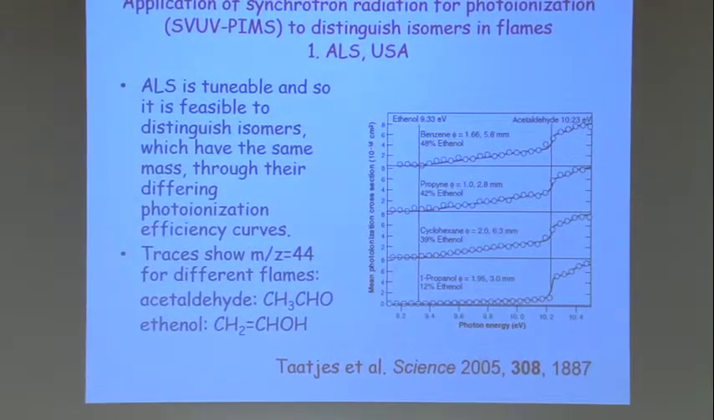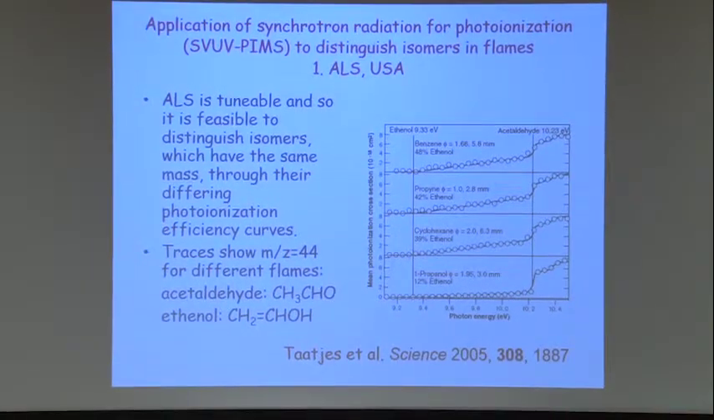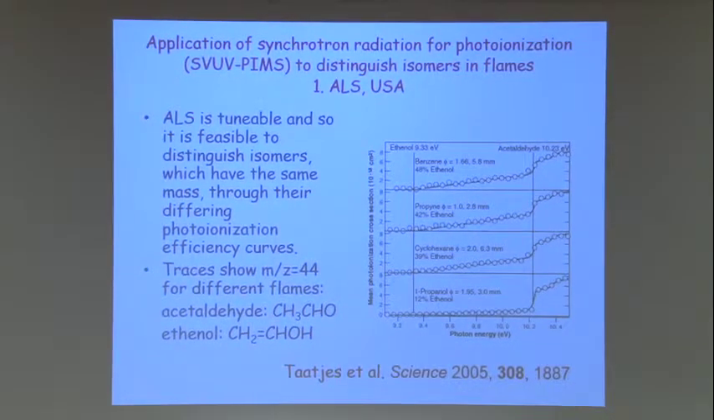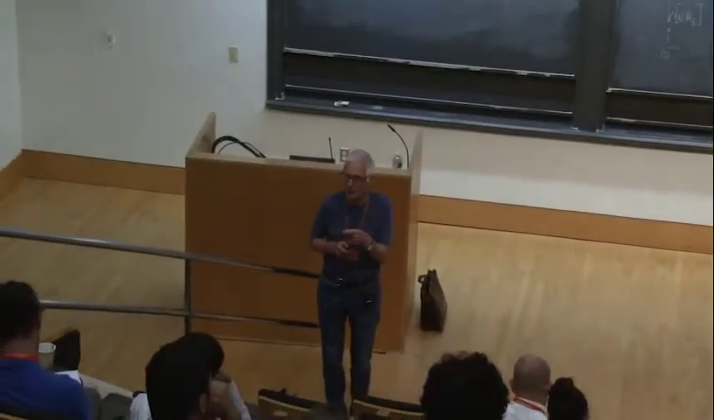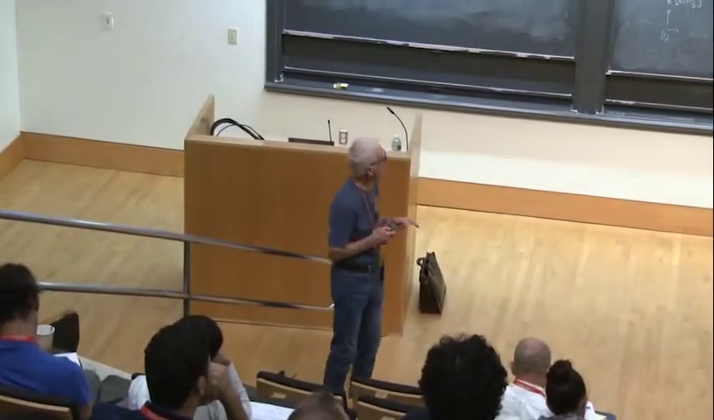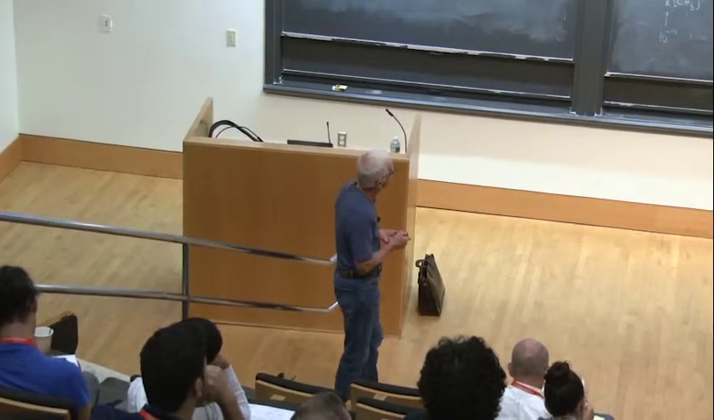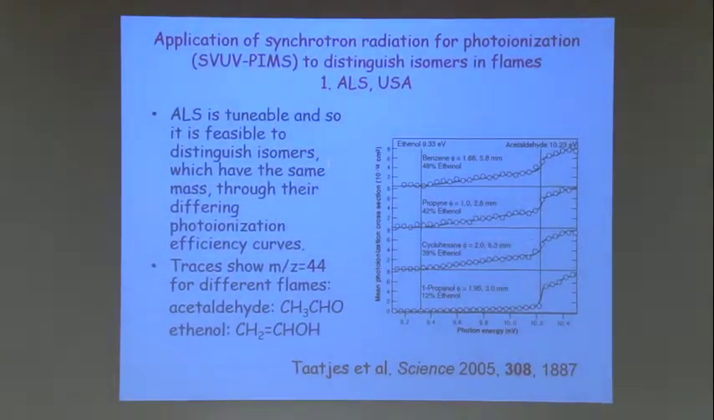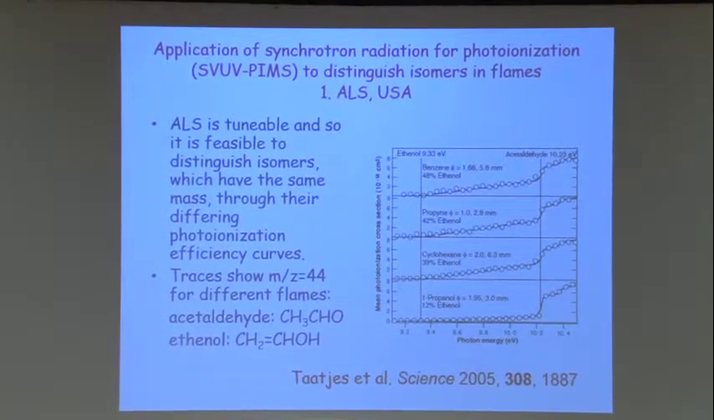Now, this is taken to extremes at the advanced light source in Berkeley. The advanced light source uses radiation from a synchrotron, so vacuum ultraviolet radiation from a synchrotron. And the great thing about the synchrotron is that you can tune the wavelength that you're putting into your reactor or your reaction cell. And so we can change the photon energy of the light that's doing the photoionization. And this was a classic experiment published in Science, which looked at different flames and looked at the